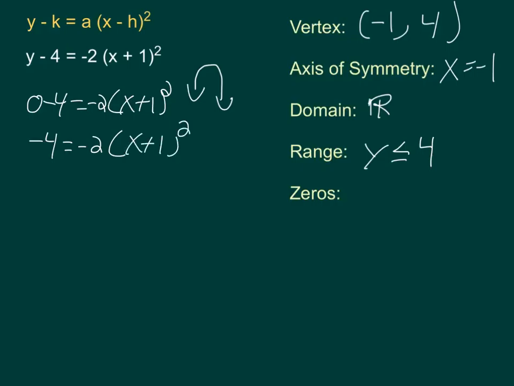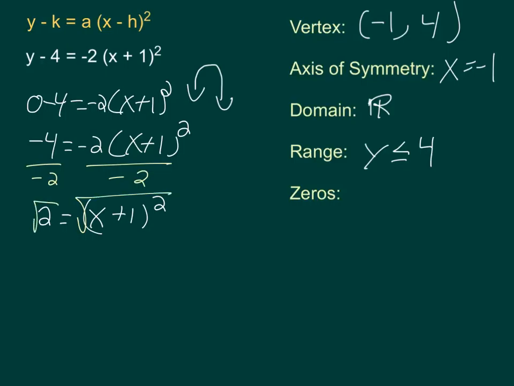And now this is very similar to the type of problem I'd have from completing the square, except that the square's already been completed for me. So I'm going to divide each side by negative 2, and that's going to leave me with 2 equals (x plus 1) squared. I'll take the square root of each side. Now I'm just going to rearrange the order here. I'm going to put x plus 1 on the left, and that's going to equal plus or minus the square